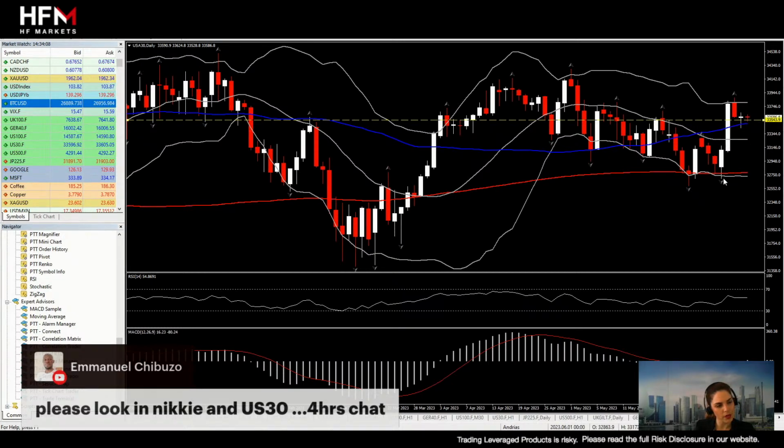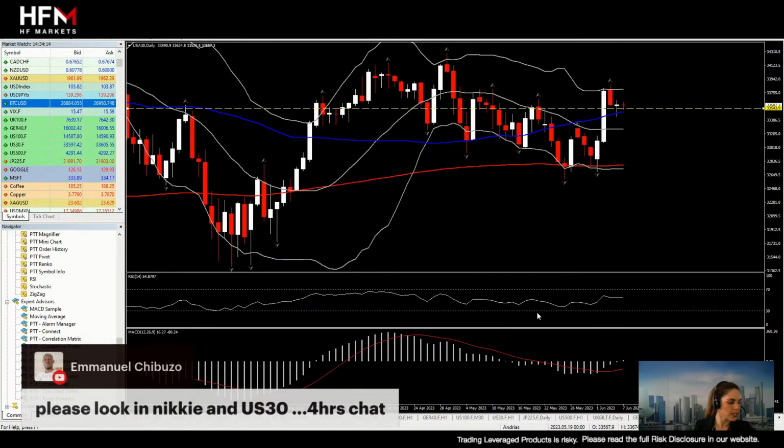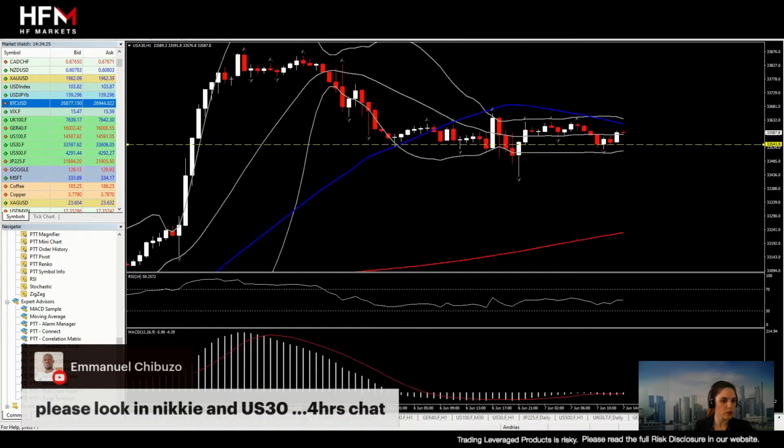You can see how the fast moving up, the volume just flattened. MACD at 0, RSI at 54 and flat. Pretty sideways movement for Dow as well, overall. Now, let's just turn on what's going on today.